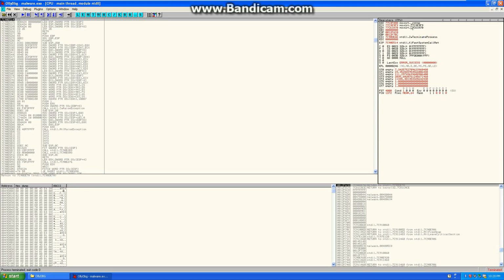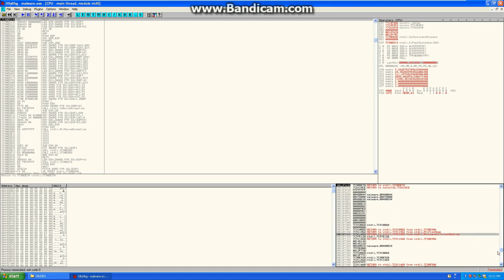You can see the registers. What we have here currently is a DLL file that terminates process or calls some system. Right, so you can see